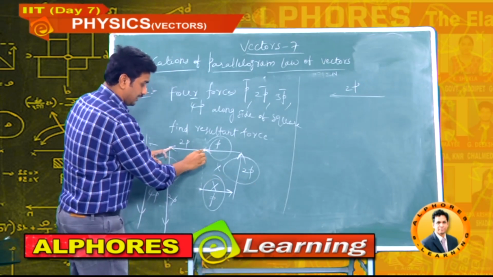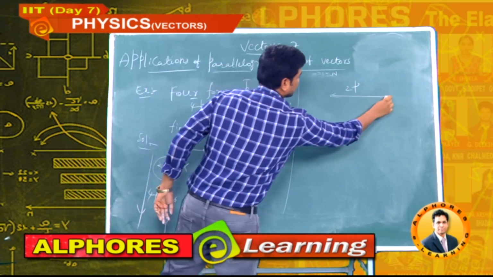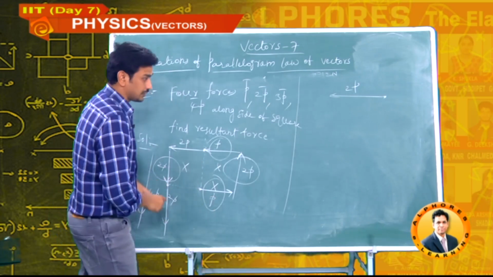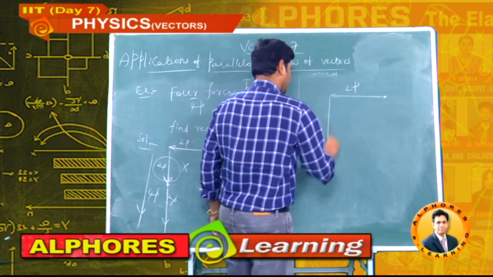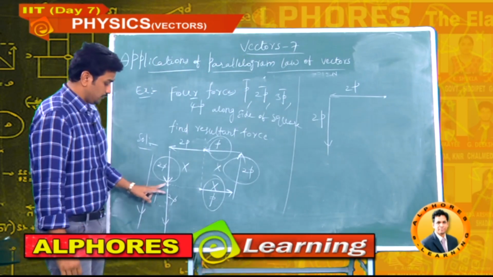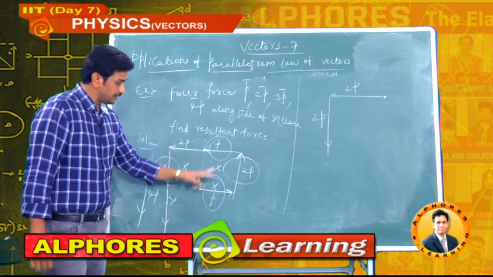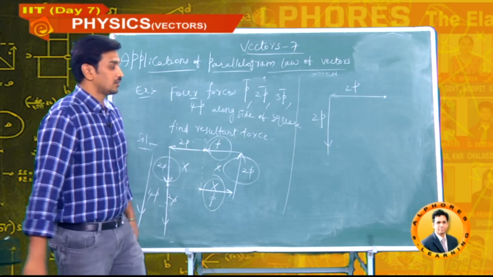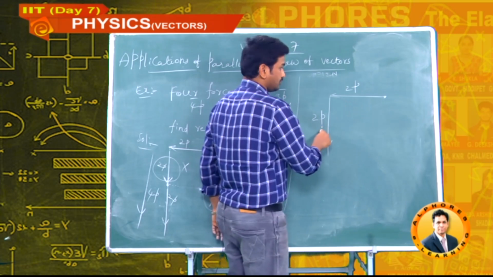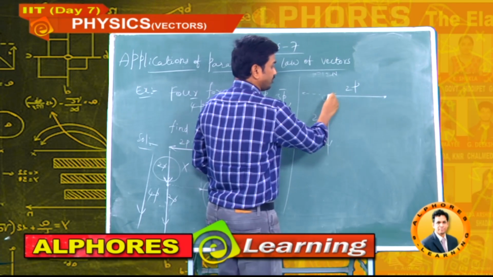This 2P is a leftover. Can I take a parallel shift to here? 2P I am shifting to here. Then this is 2P now, parallel shifted. This 2P as it is. Now this 2P is left and this 2P is left. The other 2P's cancel out, and this P cancels out, remaining 2P. Now 2P, 2P, what is the angle between the two vectors? 90, because if I take this side with parallel shifting, the angle between the two tails is 90.